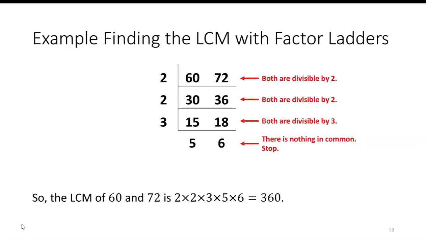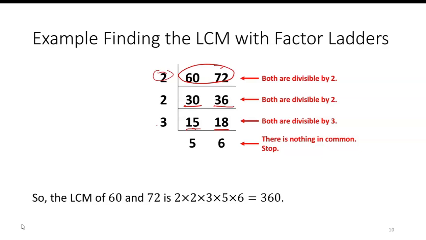So here we go. We want to find the least common multiple of 60 and 72. So I write them in, and they're both divisible by 2. So I'll put a 2 over here and divide them by 2. So that's where I get the 30 and the 36. Now I can divide them by 2 again, and I end up with 15 and 18. Those are both divisible by 3, so I'll go ahead and divide out 3, and I'm left with 5 and